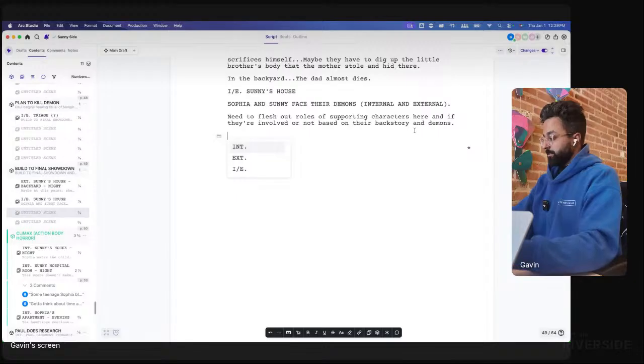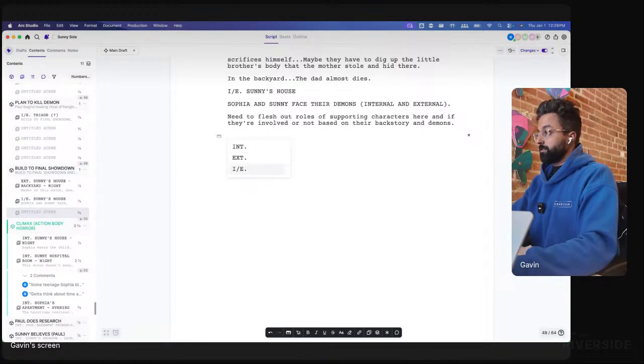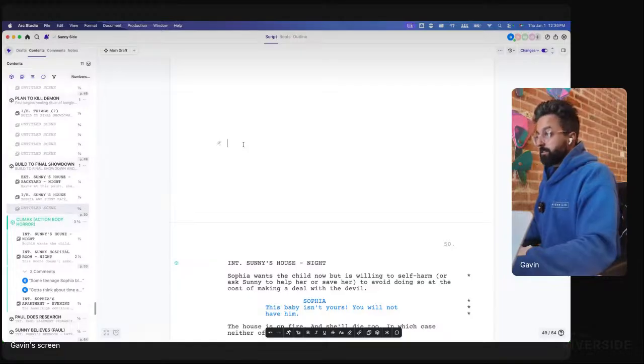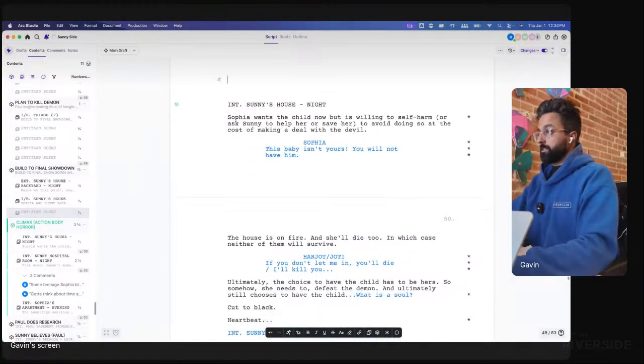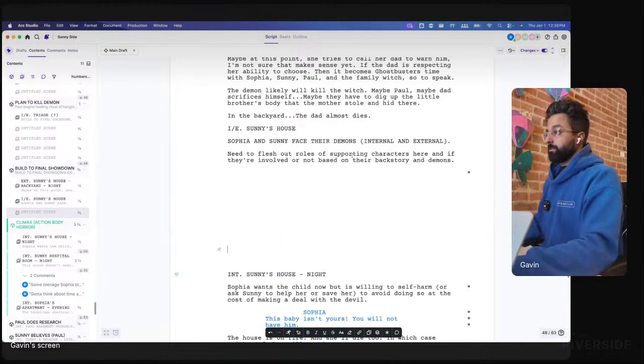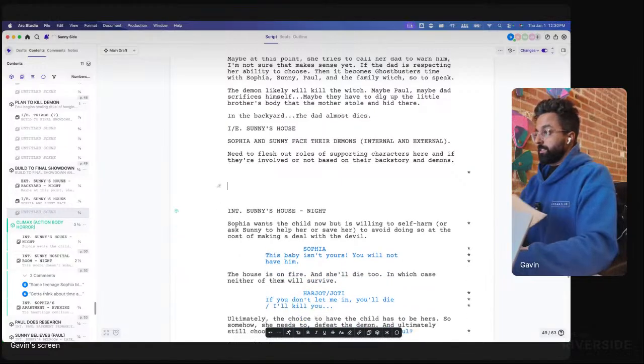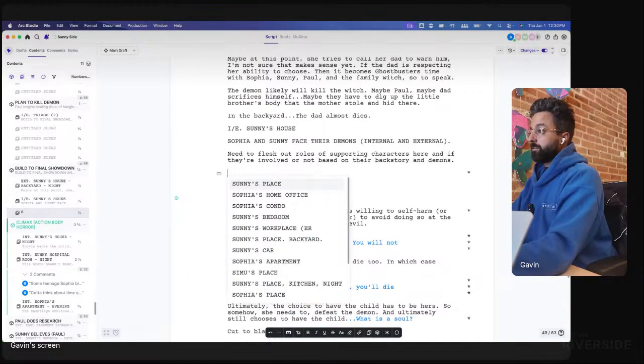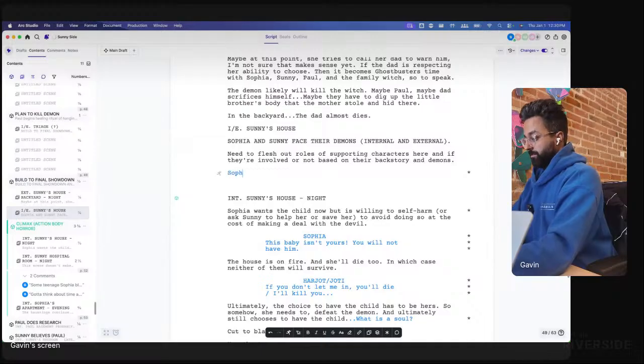Sophia and Sunny face their demons. So here actually, interior Sunny's house. This is a continuous sequence of sorts. So they face their demons. Sophia must use Gatka learnings,